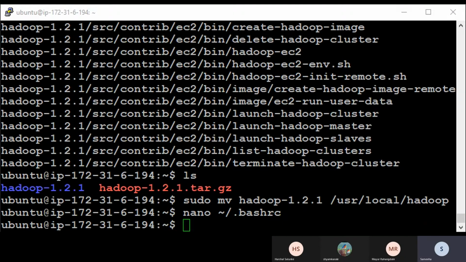Now the main Hadoop configuration files we have to configure. For that, we change our directory.